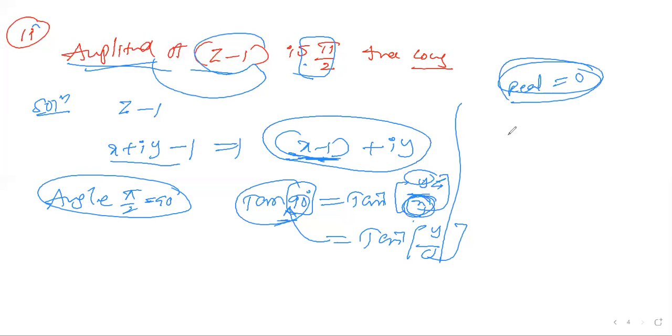What is the value of the real term here? In the given question, x minus 1 is 0. So this is the relation for the given locus. Clear? Any doubt? Previously the modulus was 1. Now the angle must be 90. What is the condition? The imaginary part must be 0. That is what you get as the answer. Clear, right? I hope it's clear.